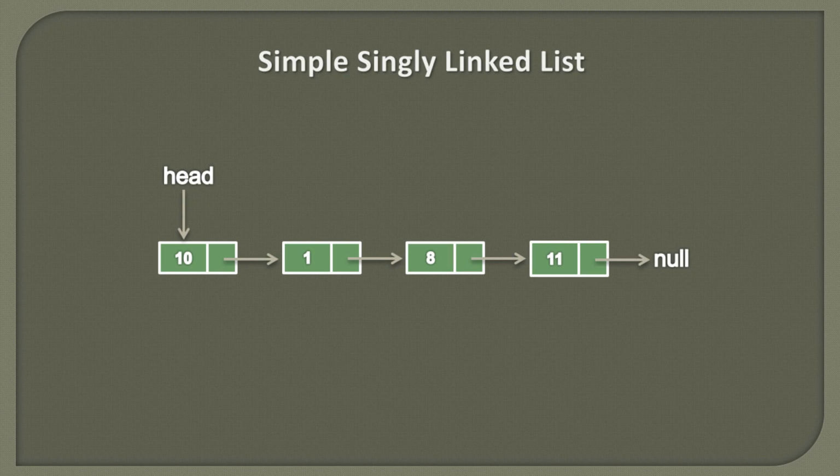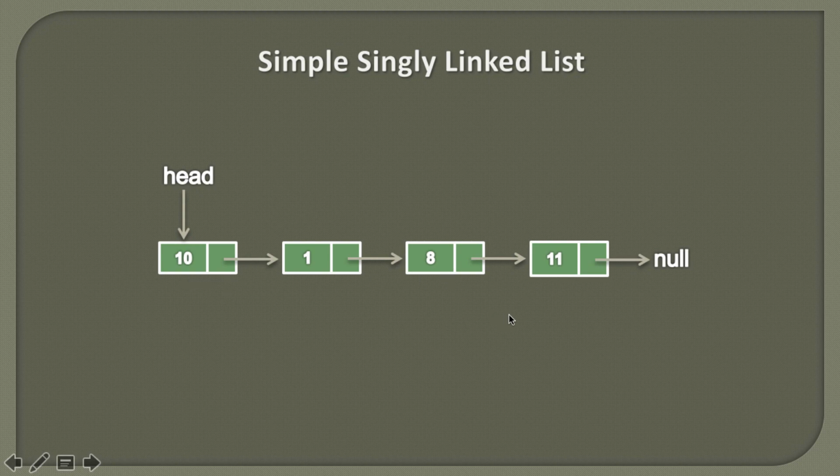So friends, here you can see a simple singly linked list. In our previous tutorial we discussed what a singly linked list is. We discussed that a singly linked list is a data structure which stores a collection of data. It contains a sequence of nodes. Here you can see that there are 4 nodes having data as 10, 1, 8, 11, and you can also see the first node is being referred to by the head. This head node holds the complete linked list, and it is also the first node of the singly linked list.